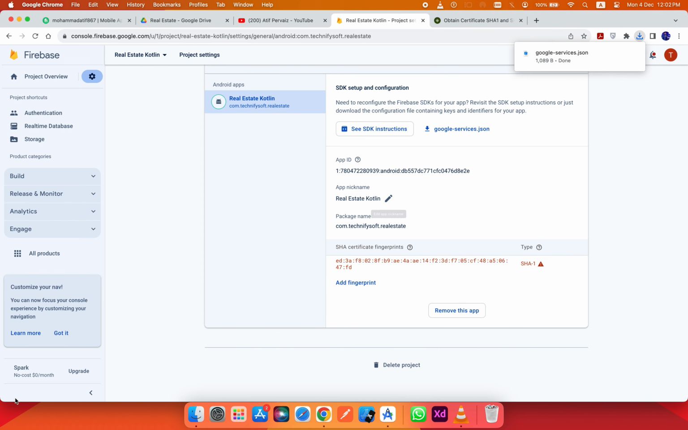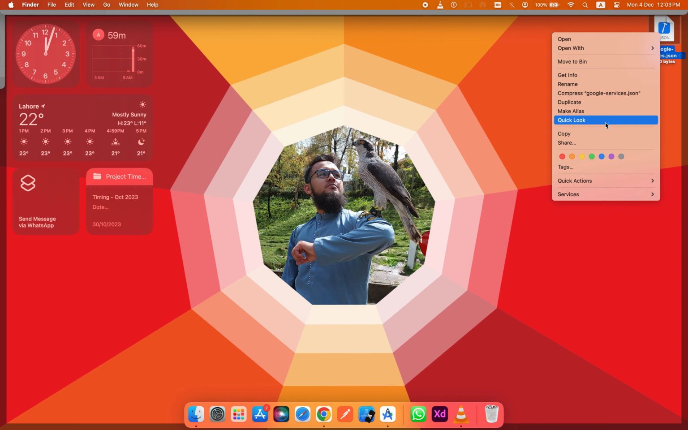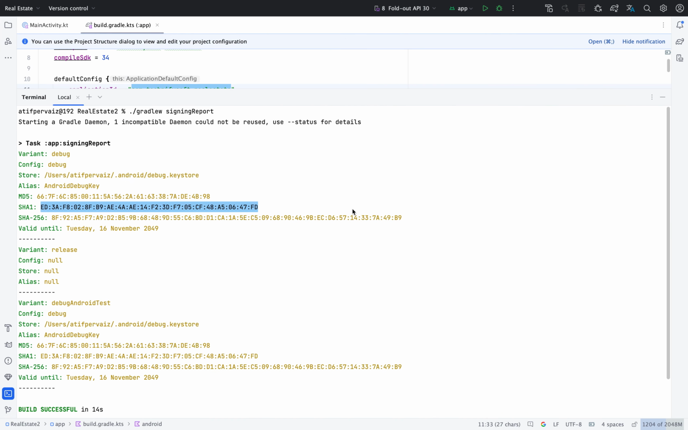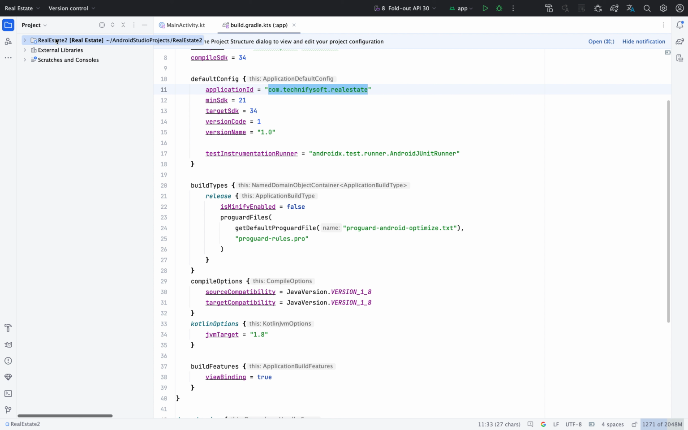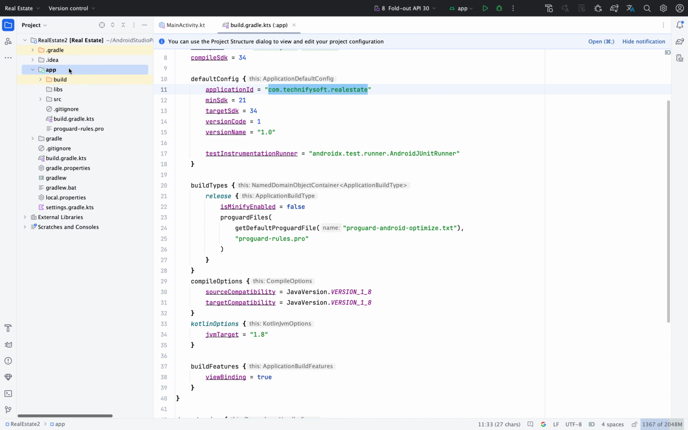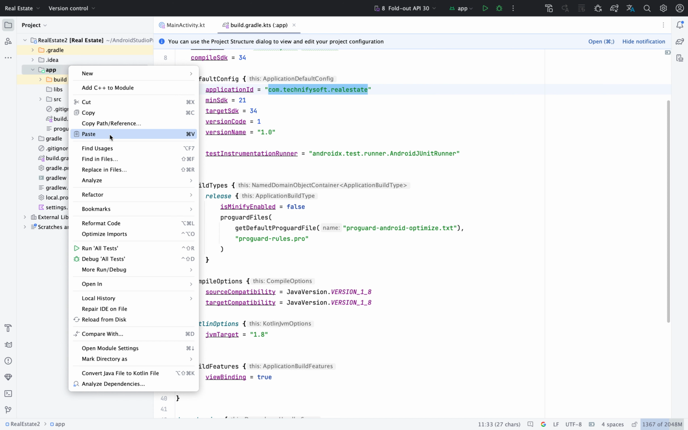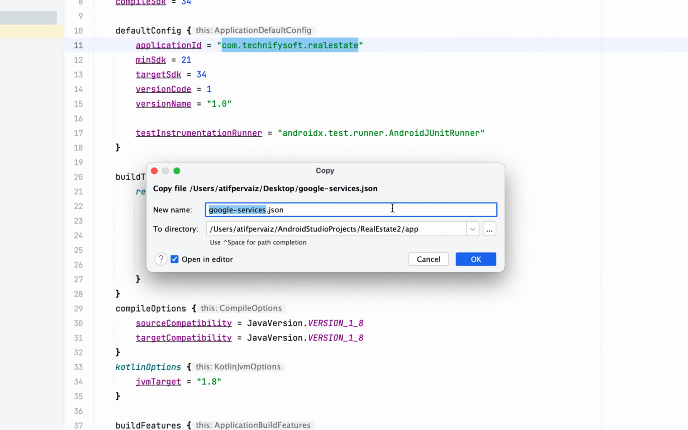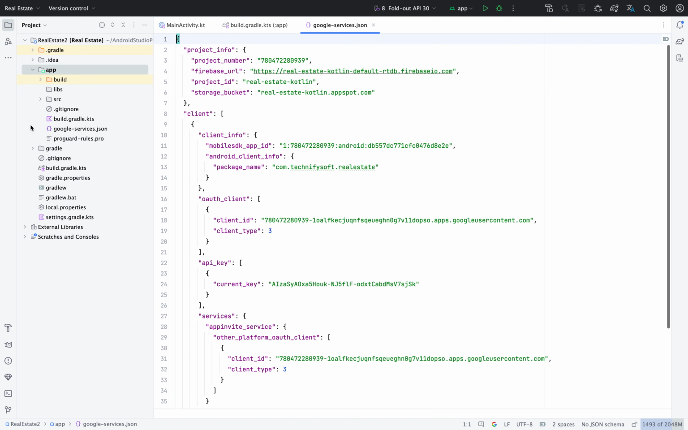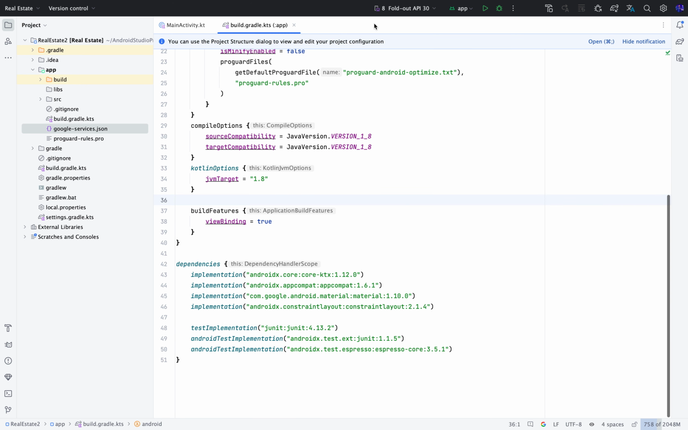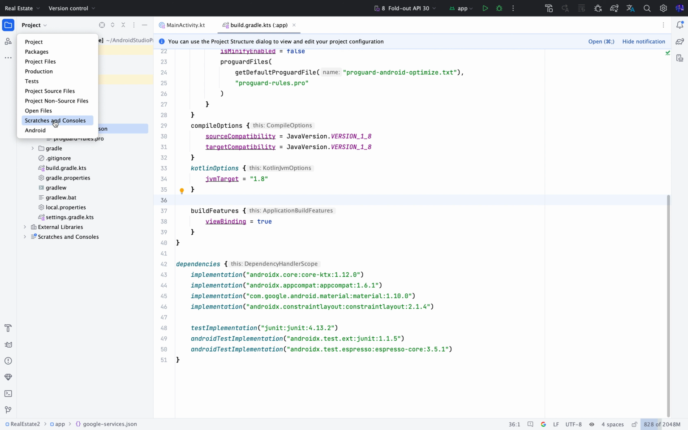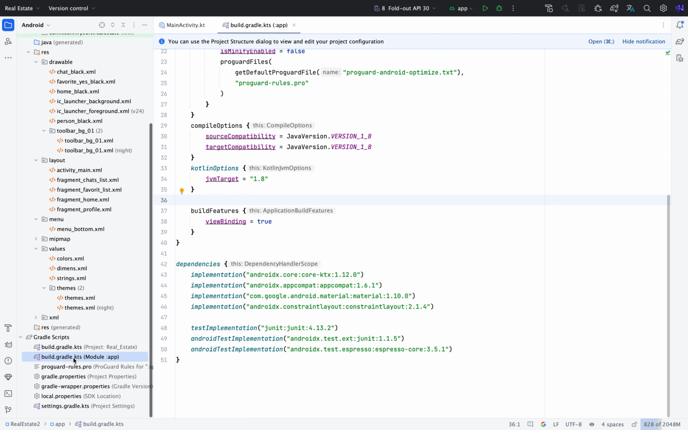And now copy Google Services.json file, open Android Studio, minimize the terminal, switch from Android to project directory, browse app folder and paste that file in app folder. Make sure to paste Google Services.json file in app folder. Close Google Services.json file and switch from project to Android mode. Open build.gradle file, app level